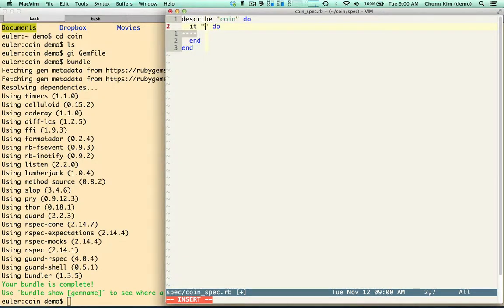So the first test should be it converts 0 cents to empty list. Okay, so if I give it a coin of 0, that should equal an empty list. And we do the require lib coin,